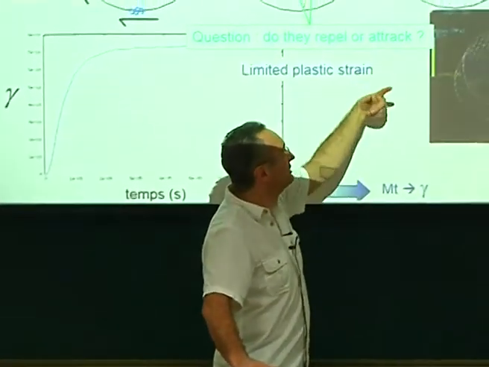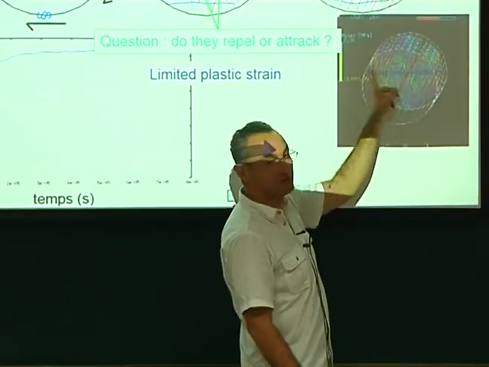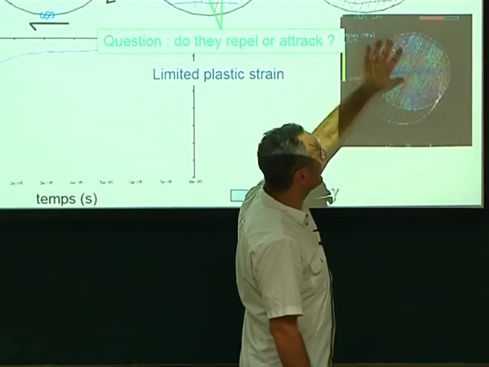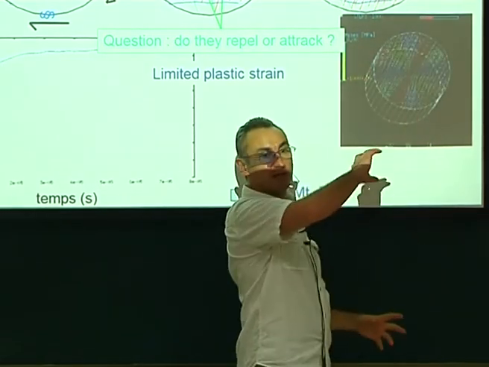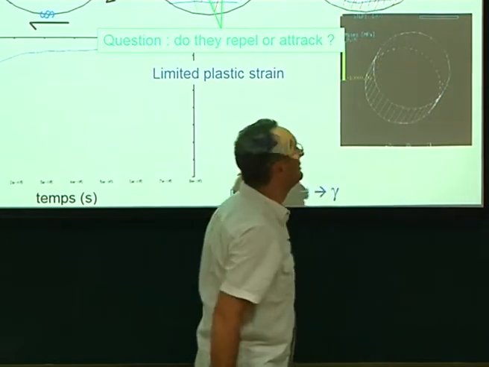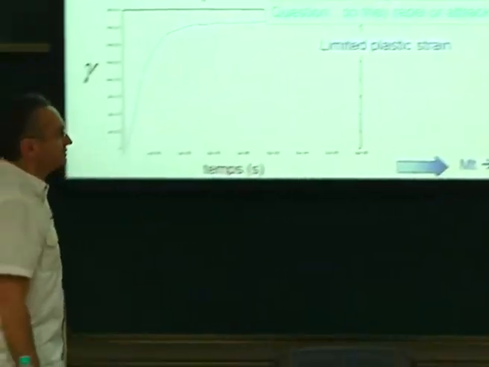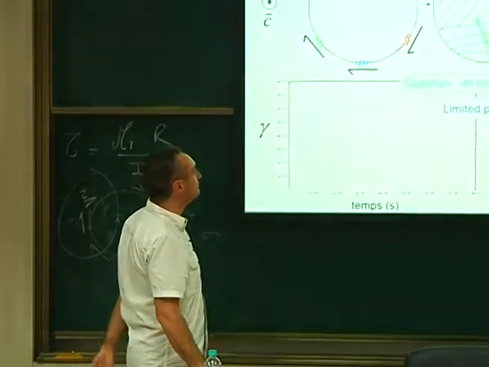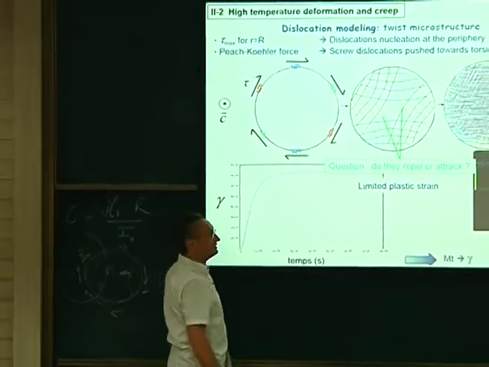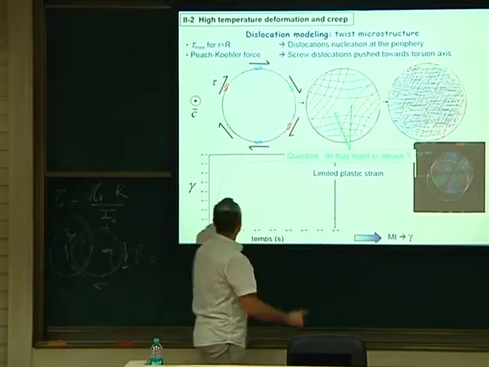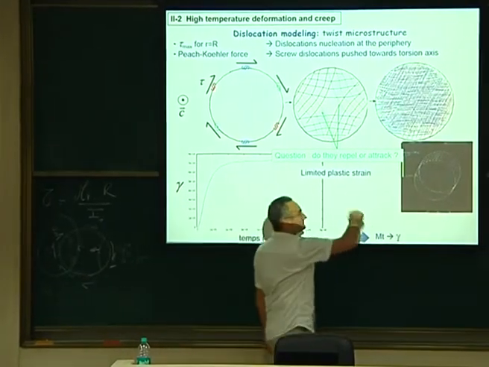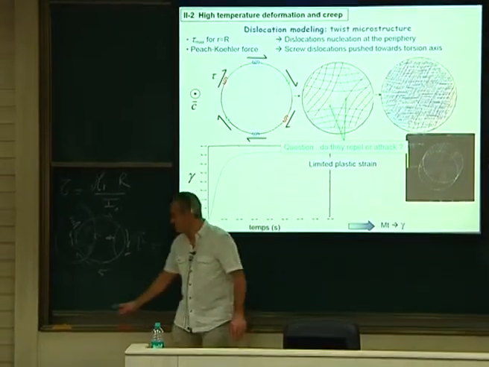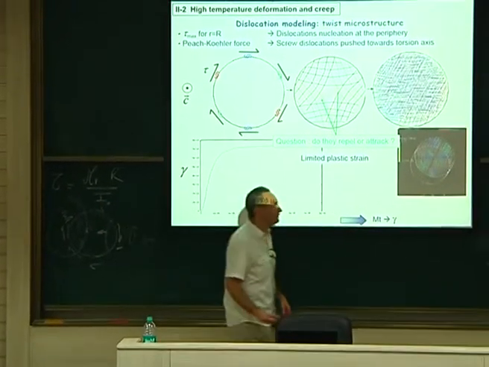This is hexagonal, so the C plane is here. So here you have 3 Burgers vectors in the basal plane. The three Burgers vectors are here, but if I put only two, I am also able to accommodate a torsion. With two at least, you can accommodate. So what I found, if I do that, you put your dislocations, you let them move, you see that your gamma, the strain you get out of this, is increasing because there is a motion. By the way, we never said anything about the strain, because this will be the part of tomorrow.